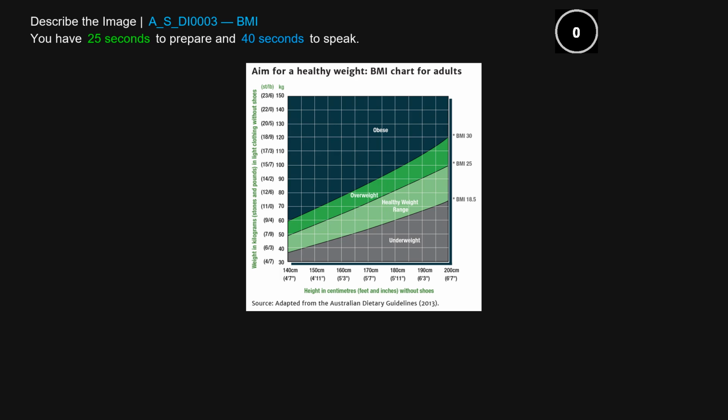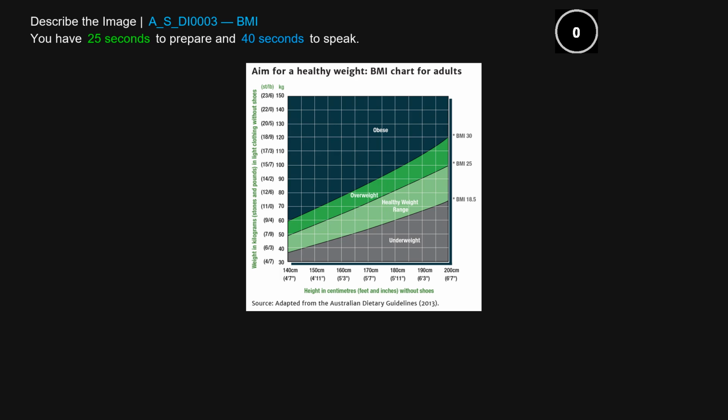The line graph gives the information about the aim for a healthy weight BMI chart for adults. Firstly, the x-axis gives the information about the height in centimeters from 140 centimeters to 200 centimeters. The source is adapted from the Australian Dietary Guidelines, whereas the y-axis gives the information about weight in kilograms, which is 30